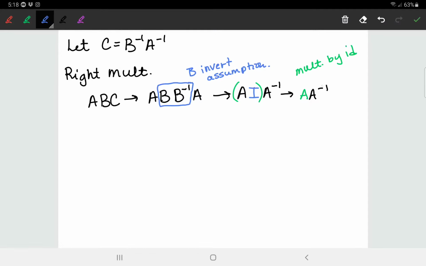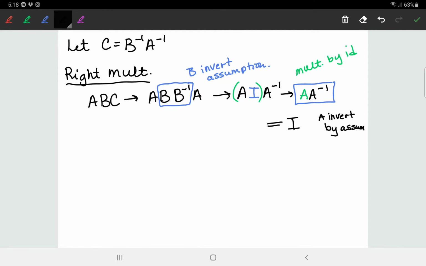Then lastly, we can use the fact that A is invertible, and so we can say that this is equal to the identity because A is invertible by assumption. Okay. So that shows it on the right. We can make a similar argument on the left with the reasonings. You can just say similarly on the left,